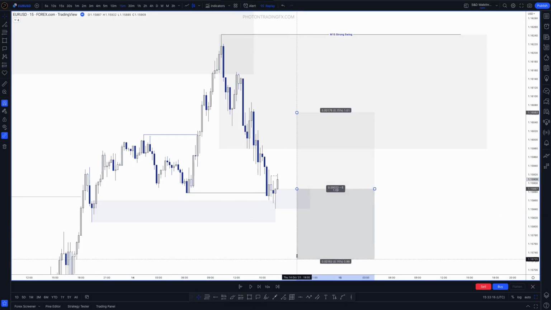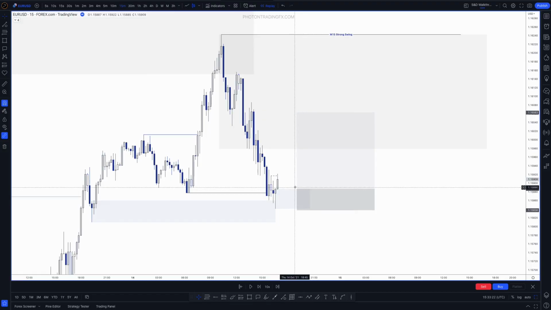Now, again, there are ways you can refine your entries. You can enter within the zone to increase your risk reward, but like I keep saying, we're just going to keep things simple and always enter on the edge of the zone. In terms of targets, I'm not going to talk about that too much for now, but let's keep things simple. Let's say we have a really simple management strategy and we're just always going to target a set and forget fixed